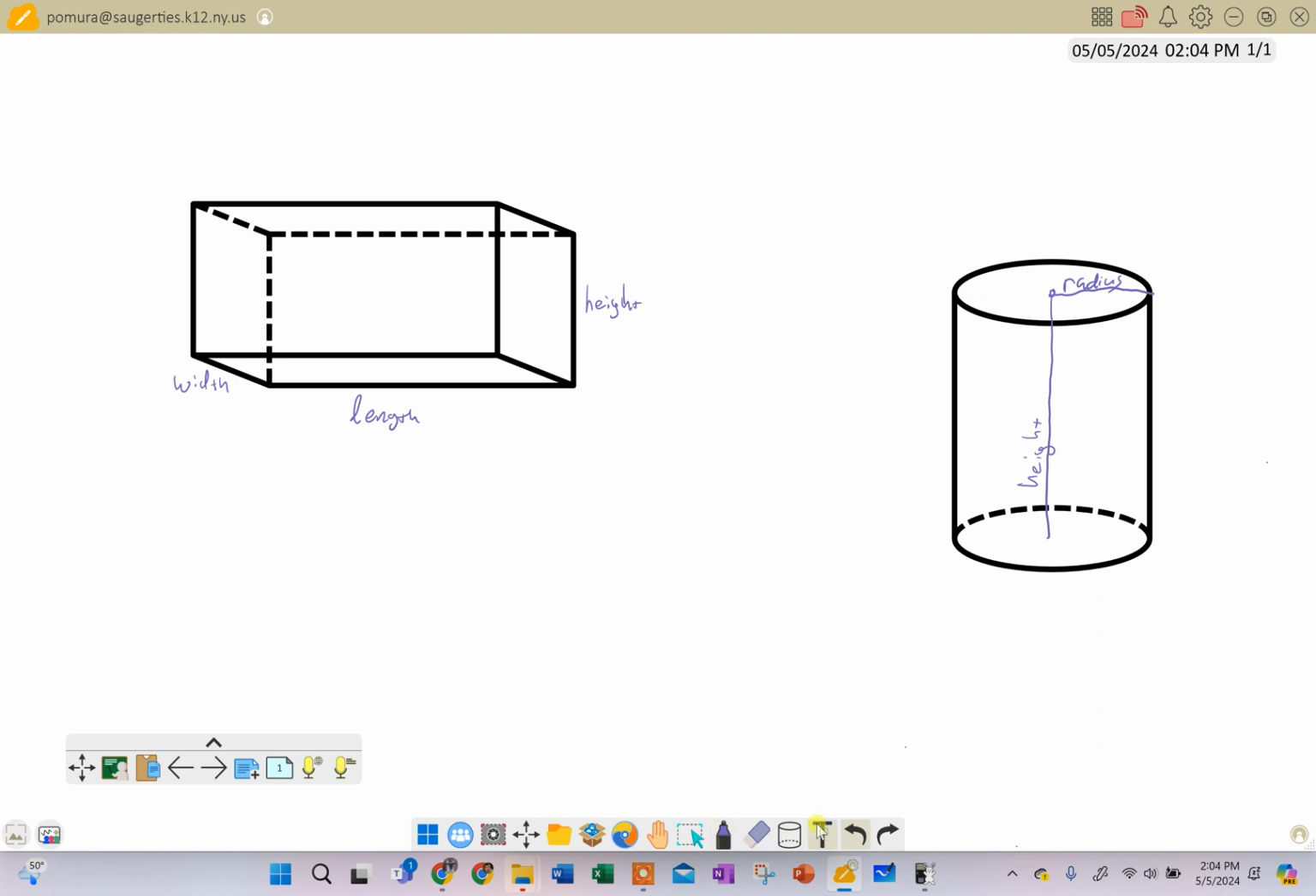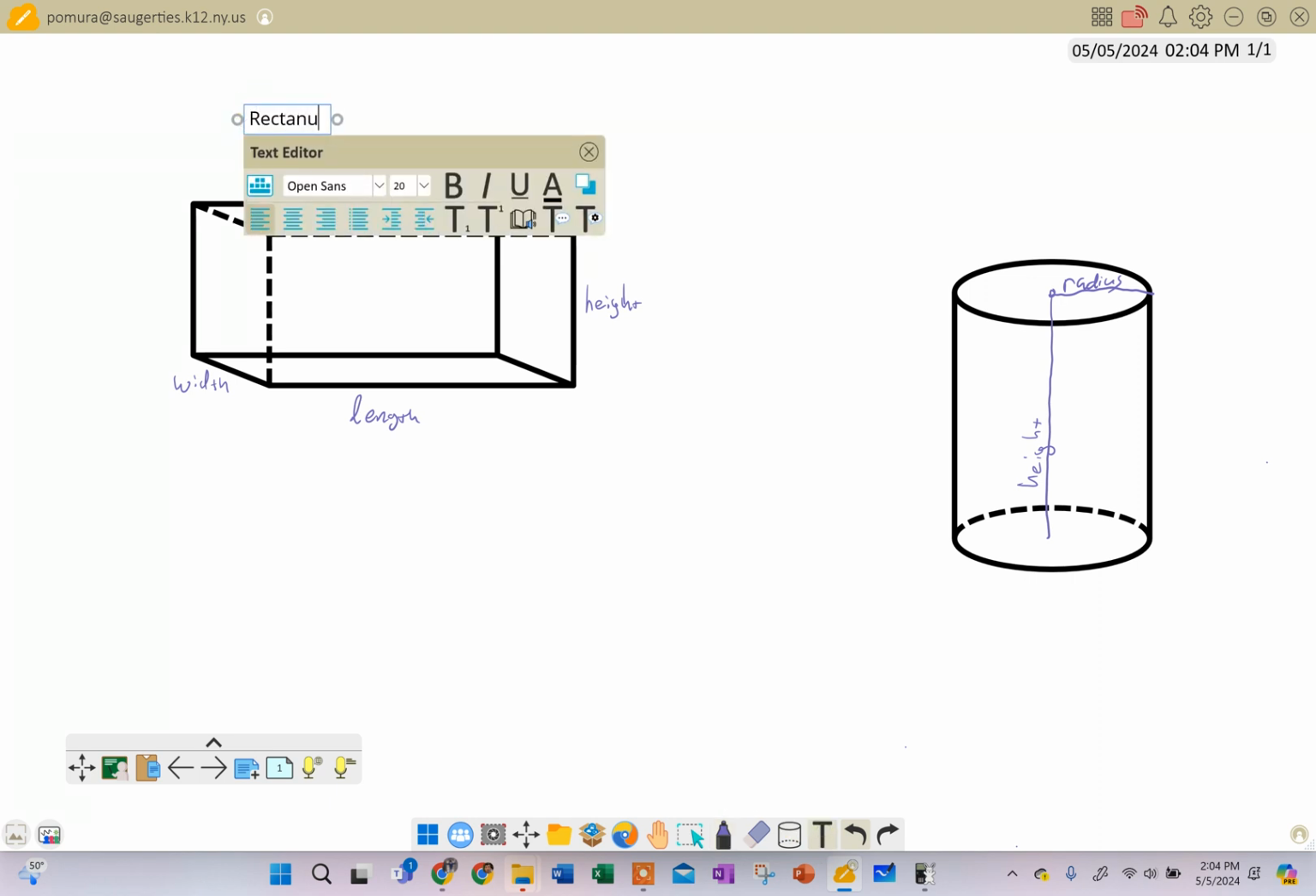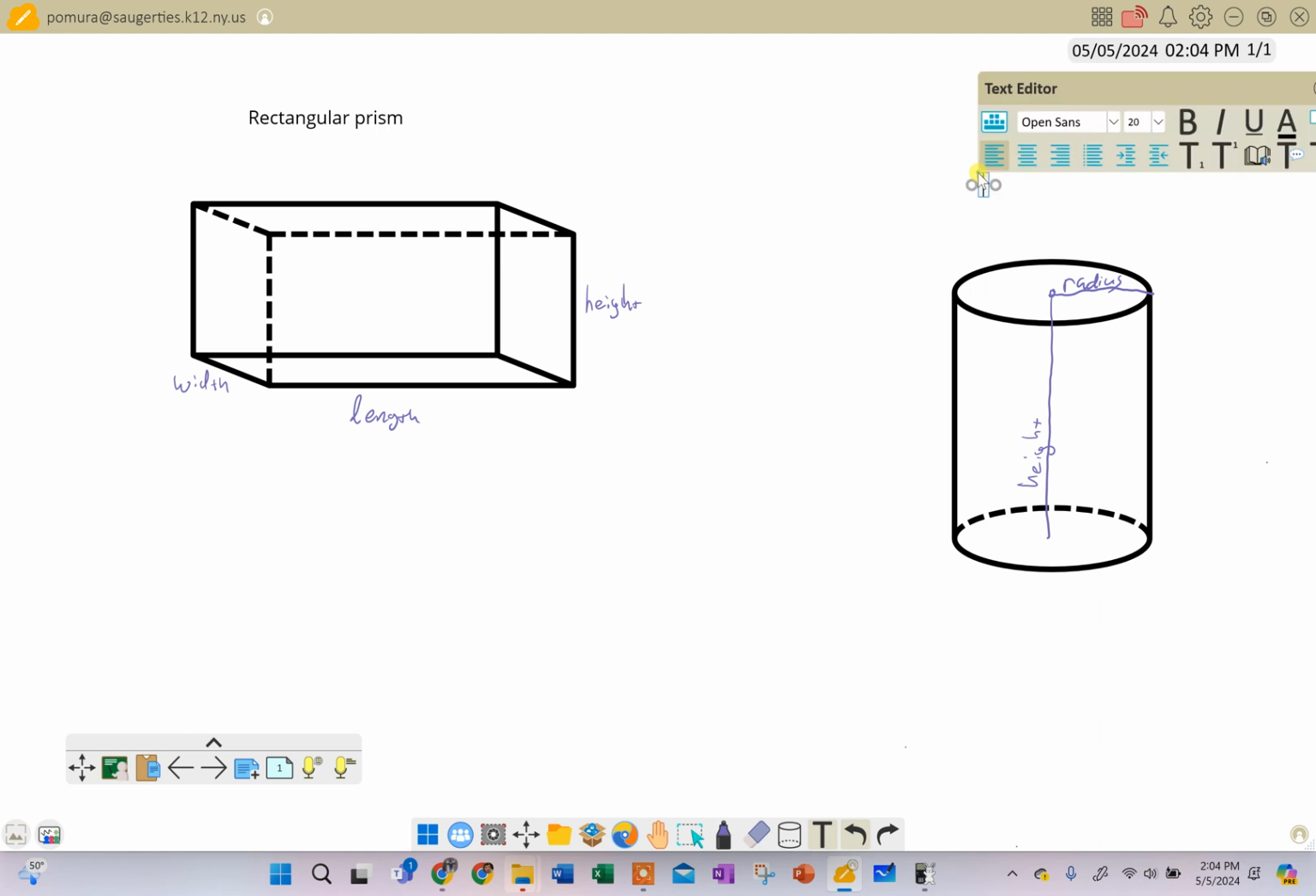I'm going to do a video on the surface area and the volume of a rectangular prism and of a cylinder. And so here's the deal. Surface area, I'm hoping that you know, is